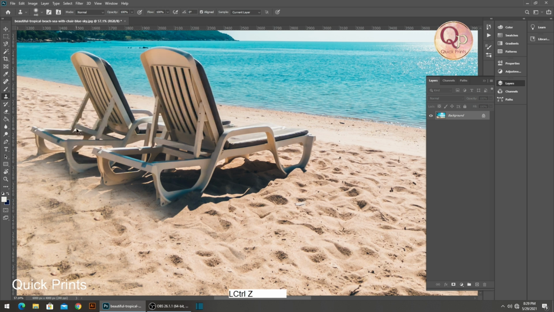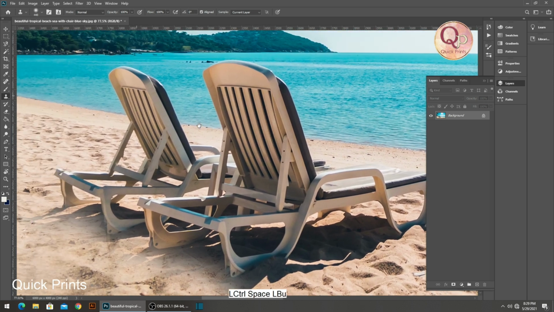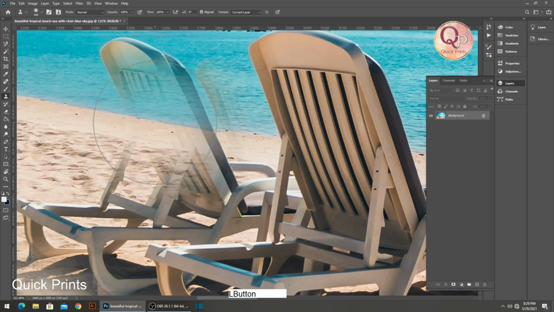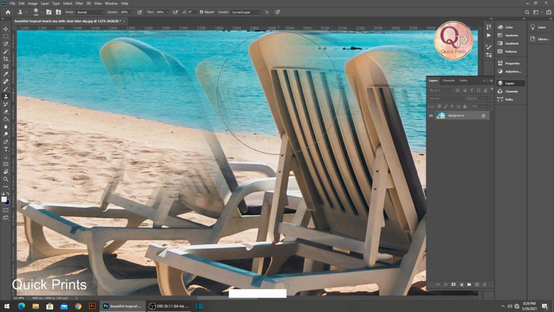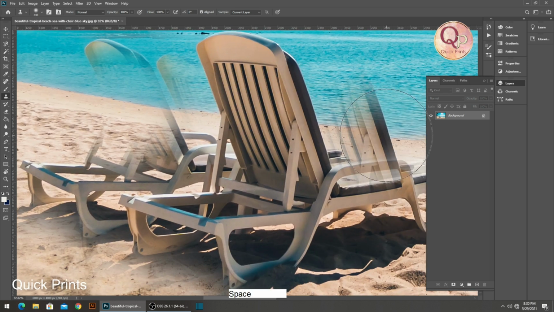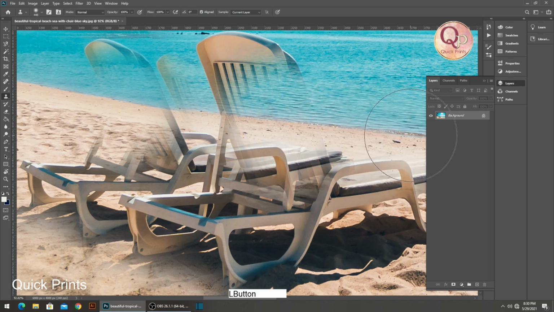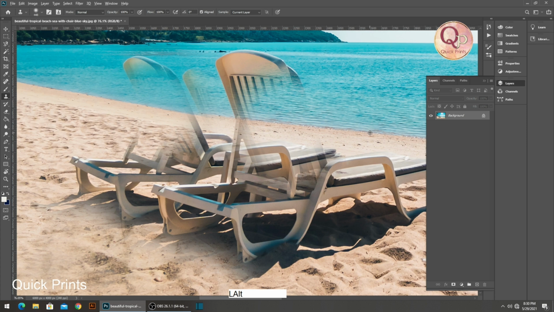Okay, so let's do it. Click, and just click twice or thrice so that the impression becomes stronger. Right, click, go here and click.